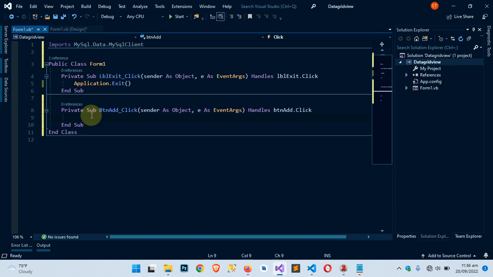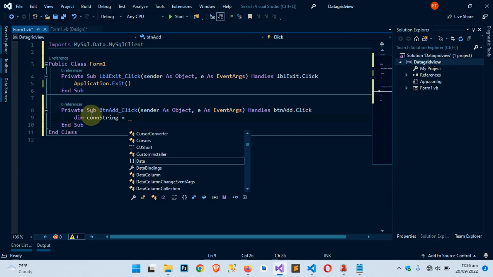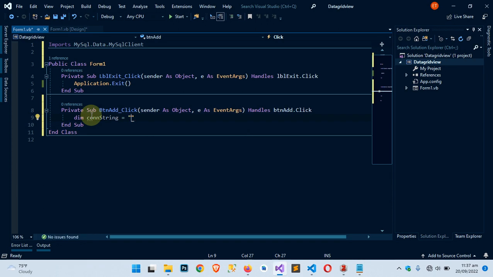So I would have to establish the connection string. Let me just say Dim conString, meaning connection string, equal to, I'll open double quotes and say server equals localhost. I'll terminate that and say database equals grid db. I'll terminate it and say user equals root, and then password equals, I'll just leave it